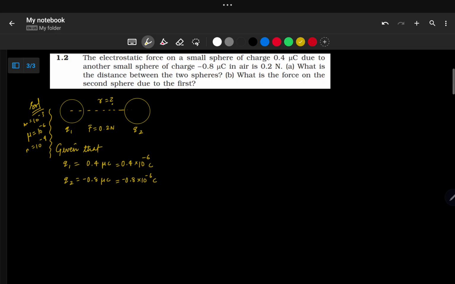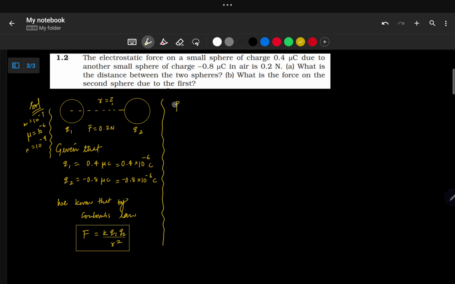Now after that, what do we have to use? The basic formula. We know that by Coulomb's law, F is equal to K q1 q2 by r square, right? F is equal to K q1 q2 by r square. Now by putting the values,